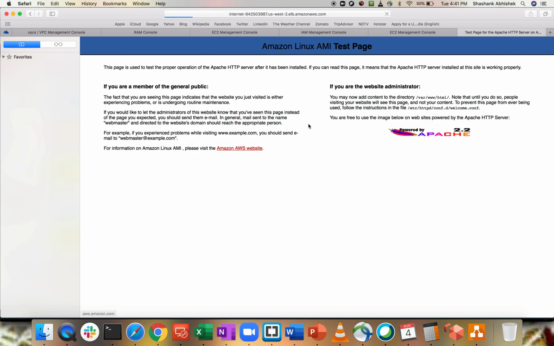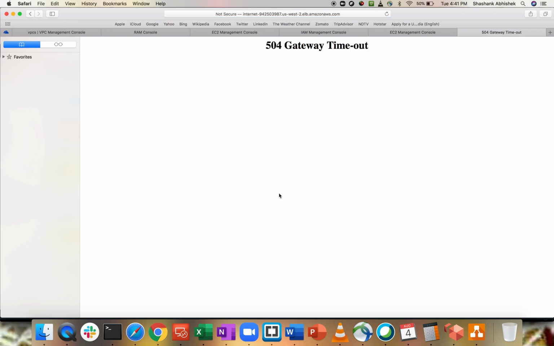Now this is going to time out or give a page cannot be displayed response because our instance is not listening on the port. So basically the handshake is not happening. It's a 504 gateway timeout. So that is something we have to make sure. The security group, which is an instance level firewall, has to be listening on the particular port on which we want to have our application running altogether.